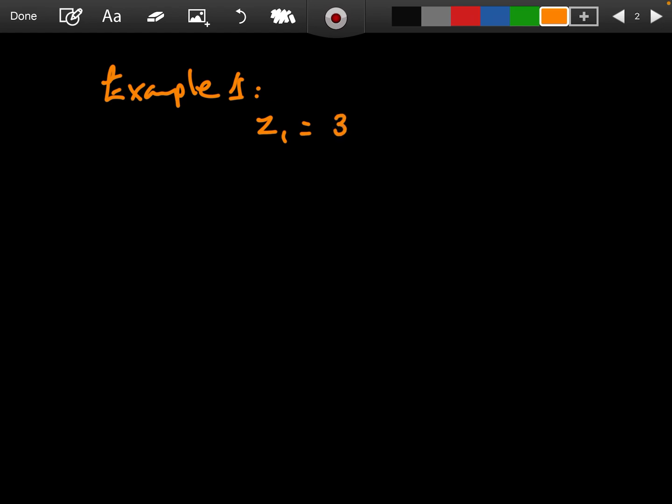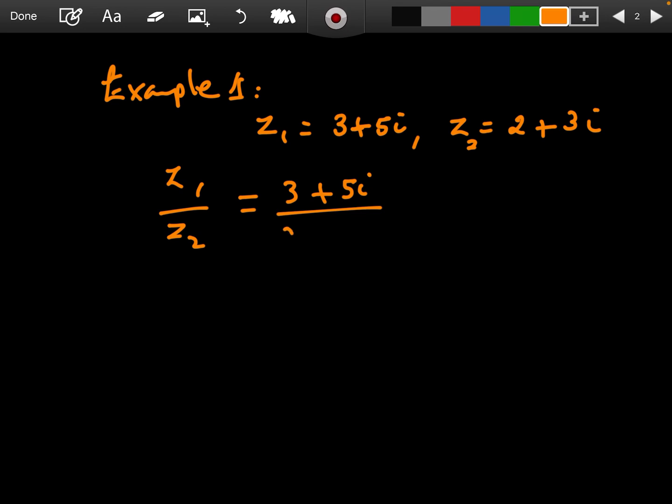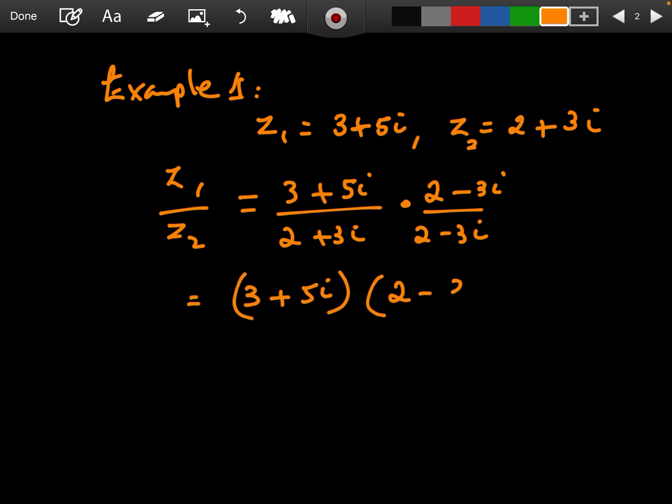z1 is equal to 3 plus 5i, and z2 is equal to 2 plus 3i. So z1 divided by z2 is equal to 3 plus 5i over 2 plus 3i, and we multiply both by the conjugate, so that will be 2 minus 3i over 2 minus 3i. And so it's going to be 3 plus 5i times 2 minus 3i all over the difference of two squares, 2 squared minus